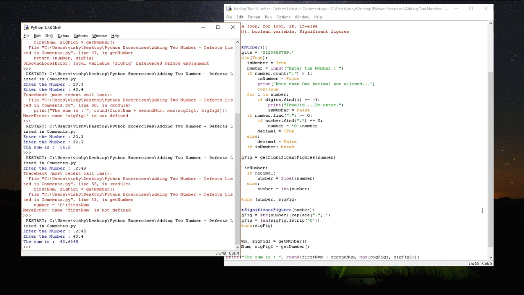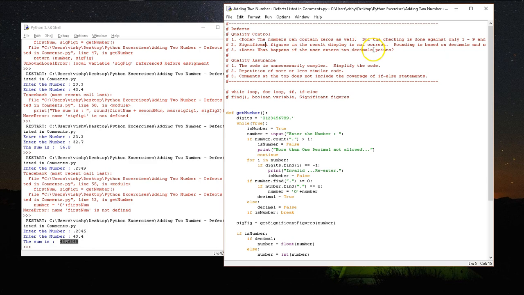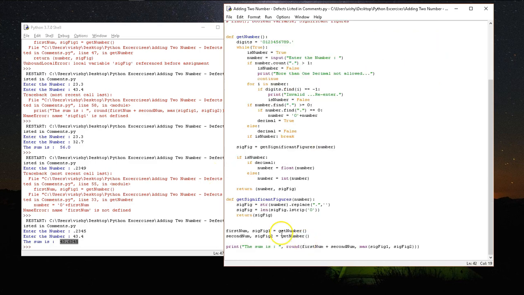43.4. Yes. So here the significant figures are 4 and 3. Here it is giving it as 6. So this is the error that was pointed out here. Significant figures is not correct. So which means we need to have another. See, now you have got the idea of what functions are. User defined functions are. So let's create another user defined function and say